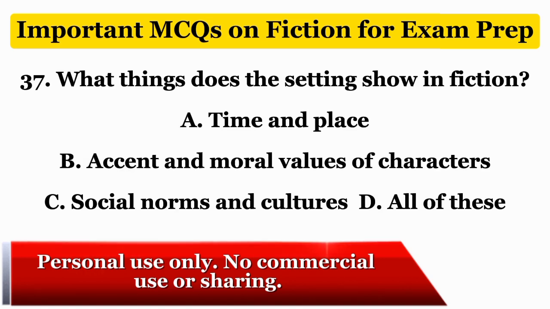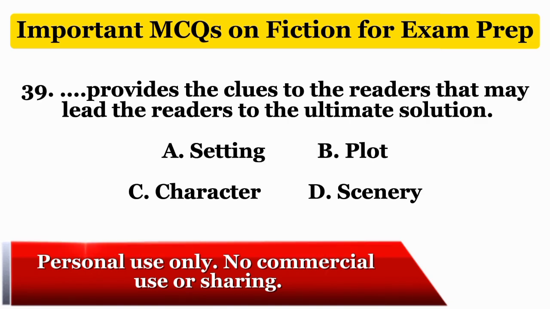What things does the setting show in fiction? A. Time and place. B. Accent and moral values of characters. C. Social norms and cultures. D. All of these. The correct option is D. All of these. Time and place, accent and moral values of characters, social norms and cultures show in fiction setting,